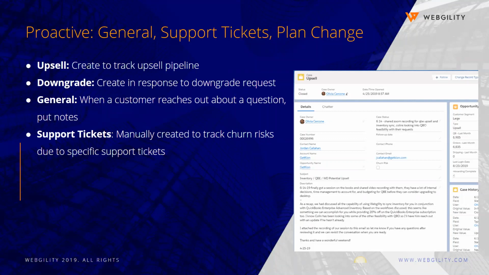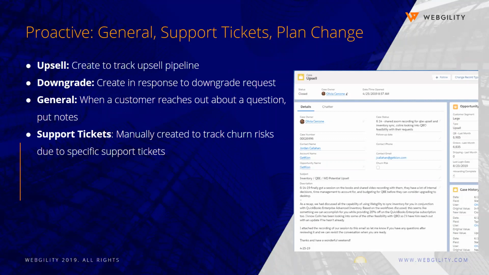Notes will just save your life at this job. If you have a lot of notes, your life will be easy. So I always suggest it. Get an upsell case created. If it's a downgrade, that's okay. Customers are allowed to downgrade. It's totally fine. Create the downgrade case, put in the downgrade amount, and that way, when you have your one-on-one with your manager,